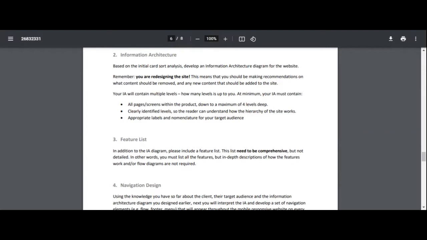So now you're going to move on to IA. So we've done this, right? This is the IA for Zoo. So you've done a great job with the IA for Zoo. You're going to do the same thing with Roots. Now, you're going to use your final card sorting, your team final hierarchy or card sorting that you've defined for Roots, and you'll develop the information architecture